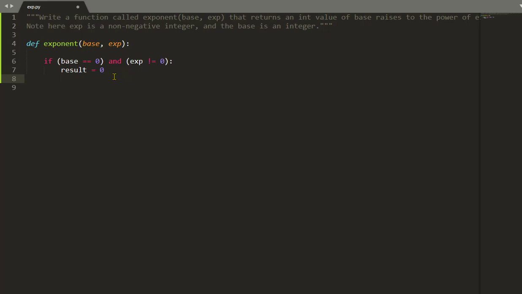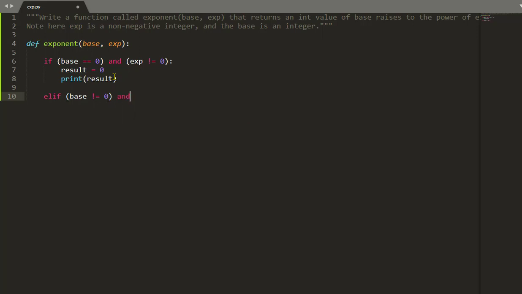So let's just print here the result, like this, and elif, let's just elif the base is different from 0